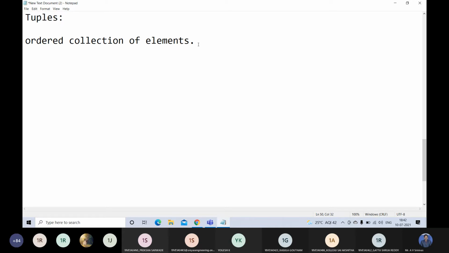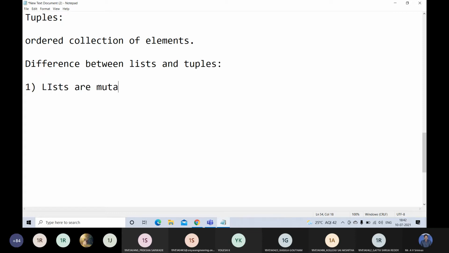So see here, I will tell you the difference between lists and tuples. The first difference is lists are mutable objects. Here the word mutable means it is possible to change the elements in a list.